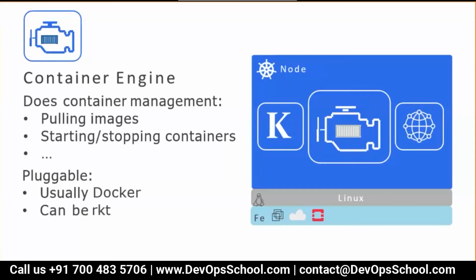Let me remind you, there are so many container engine technologies, and I shared a list with you on the first day itself. Now, the beauty of Kubernetes is that it can use other container engines as well. One is Docker, which is the default and very popular and very useful, which we have learned already, but it can be Rocket, CRI-O, and many others. So Kubernetes is a very pluggable solution. You can use any container engine.